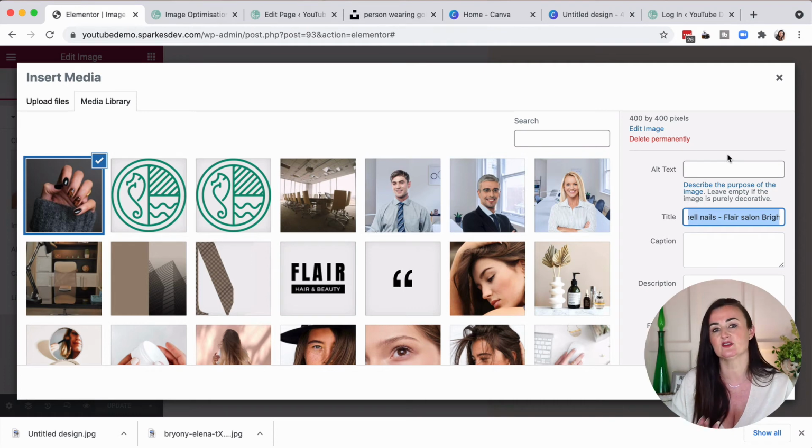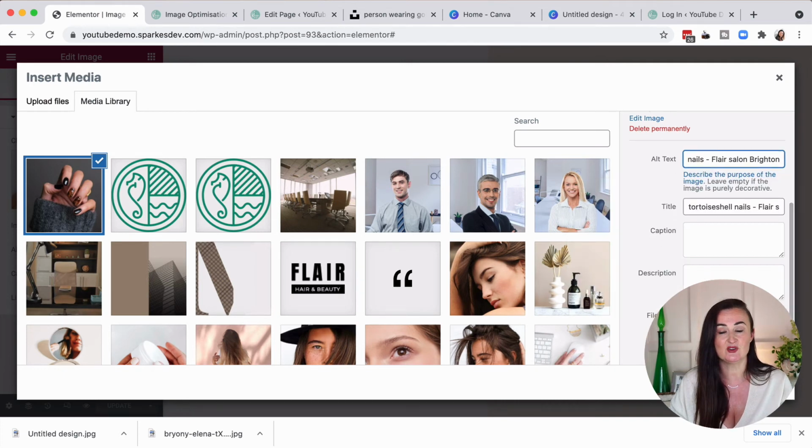So your alt text is super, super important. Even if your image that was already there didn't have alt text, you should get into the practice of always entering your alt text because alt text is great for screen readers as well as SEO. So if someone was partially sighted or was reading your website using a screen reader, without the alt text, they won't know what this image is, especially not if it's called Untitled 1. It will just literally read out Untitled 1, whereas they know that this is tortoiseshell nails in Brighton. So let's just paste that in there.